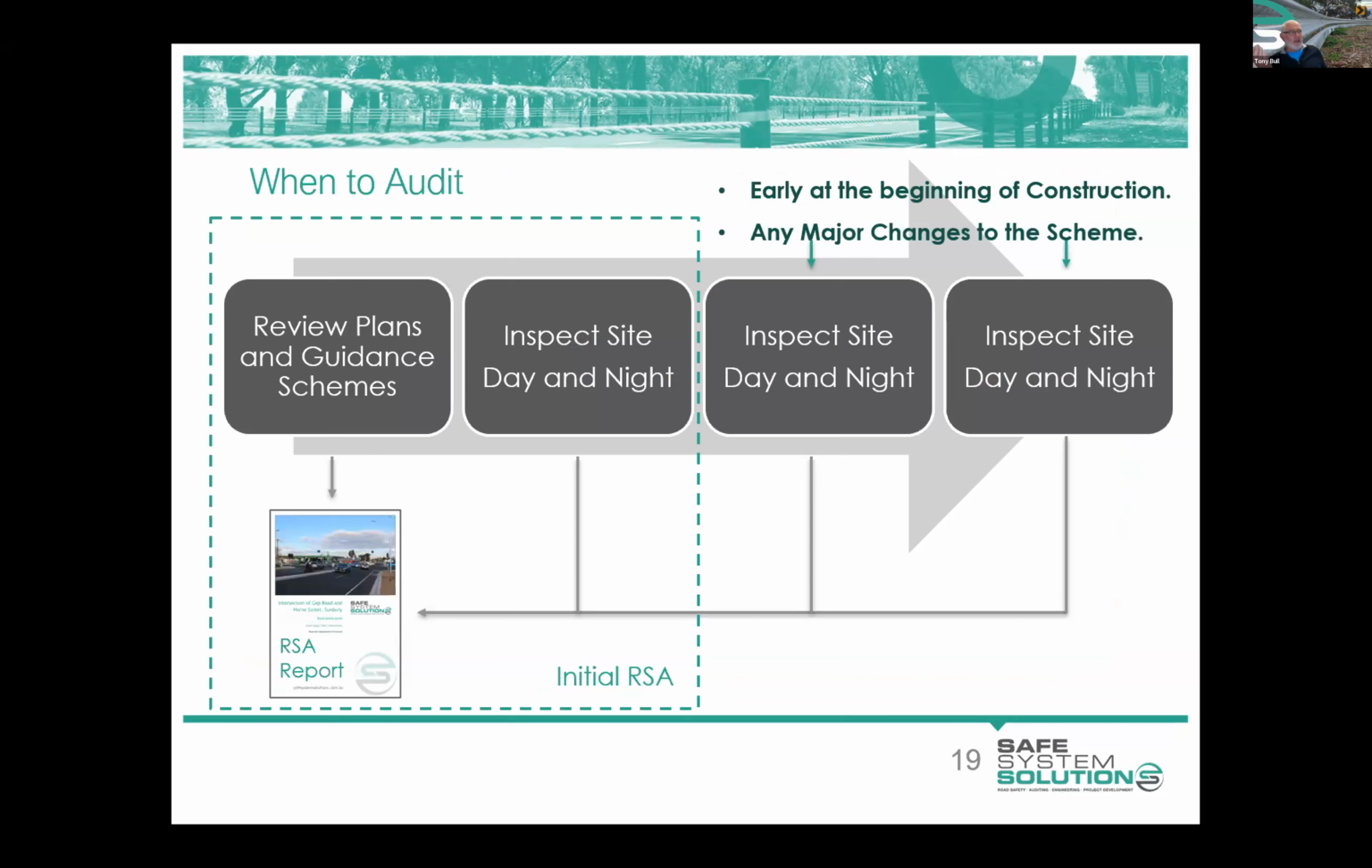When to audit. This diagram is pretty important in the way that we undertake the audit process. You can review the plans and the guidance schemes, but make sure you do a day and night inspection of the site. Then you've got to consider audits early in construction, so that assurance is undertaken to make sure that the site is working the way it should be. And again, inspect the site day and night. And again, if there's any major changes to the scheme and another road safety audit is warranted, make sure you inspect the site day and night. Just a daytime inspection